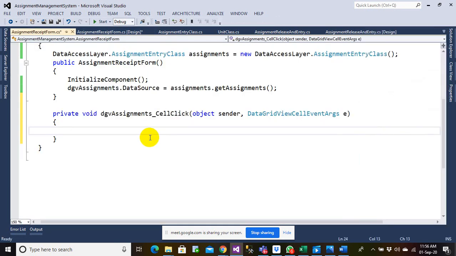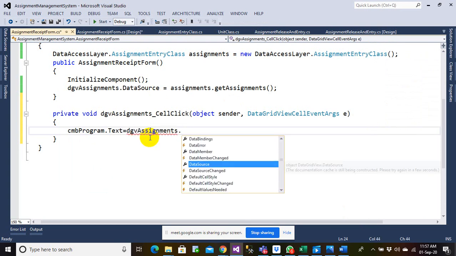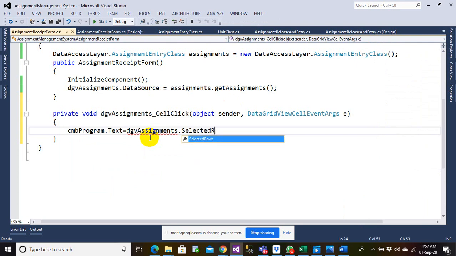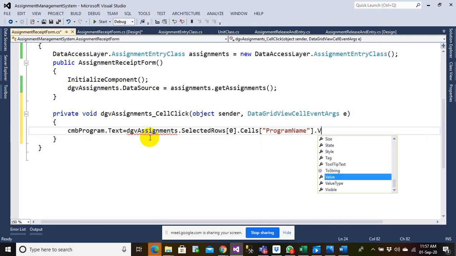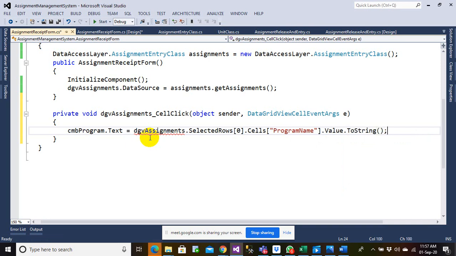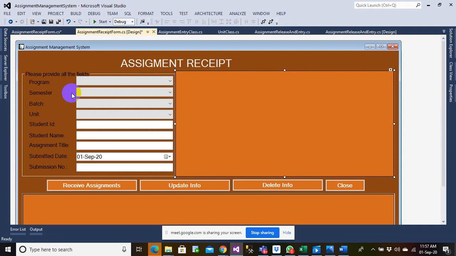So I'll click event and here I want CMB program.text should be equal to details selected loads 0 dot cells program name. What else I have: semester, batch, unit.